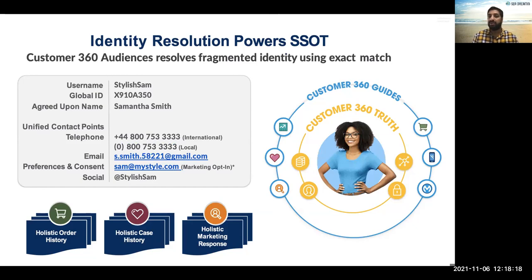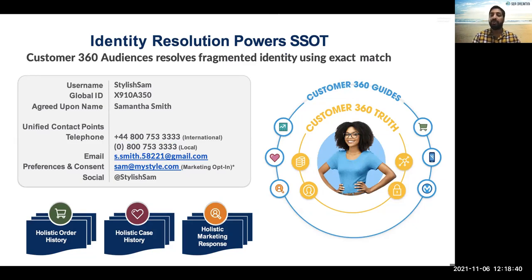A username, global ID, nothing but my party ID, the unique ID that I created inside CDP, that can be leveraged by all the other touch points, to Marketing Cloud and other systems, to engage the customers in real time using all these touch points. You can shoot an email, shoot an SMS, send a push notification, and reach an ad audience. Use Social Studio for Twitter, Facebook, and all the accounts.